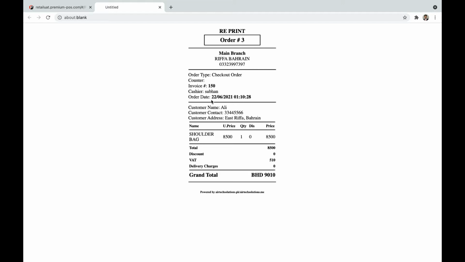It also includes the description of the ordered products that have been checked out, along with the total, discount, VAT, and delivery charges, and the grand total. So now we'll go back.